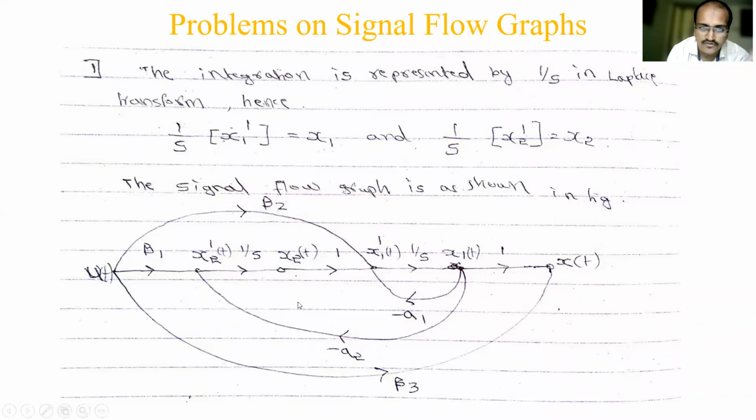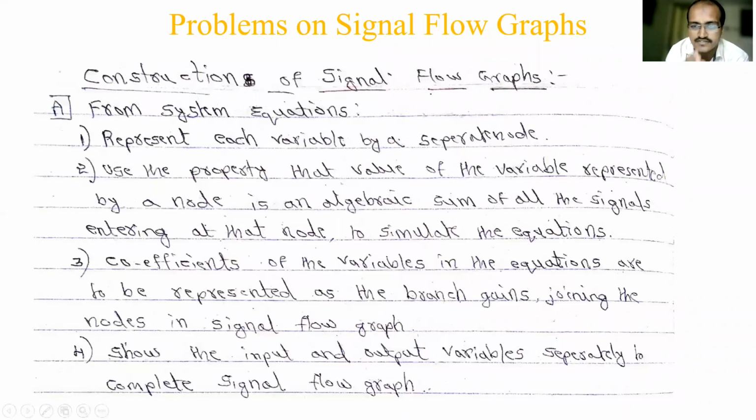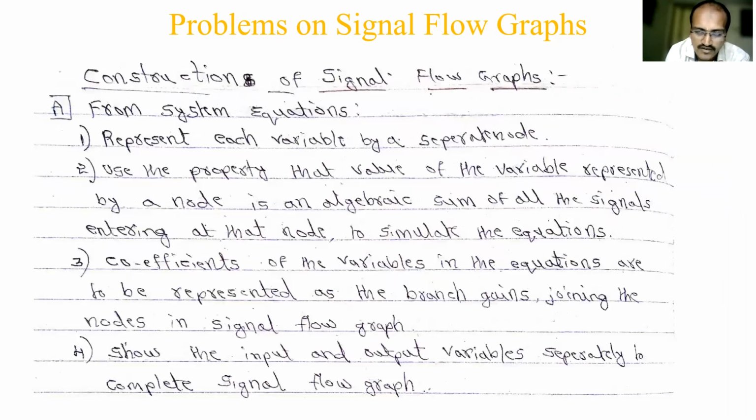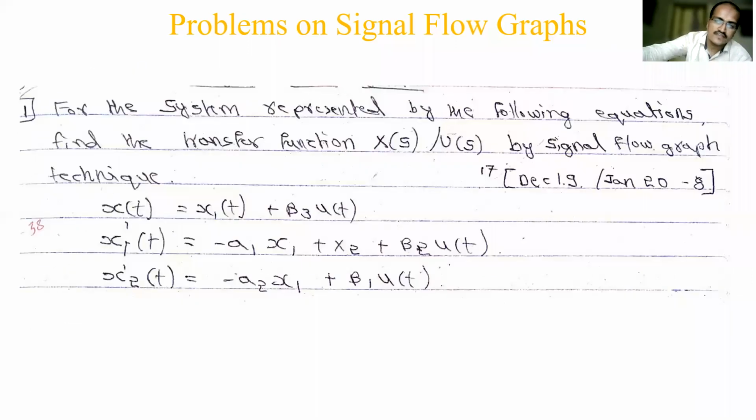But to show you this topic, I don't have multiple questions in this category. So I want to show you the construction of a signal flow graph from system equations. When I went through the university question paper, I got one question, and I tried to solve it, and that's how I have presented it here. To understand these 3 equations, you have to go through it. You could not just go with my answer, you yourself have to write it down. So go through these 4 steps and then try to write it. If you get some other signal flow graph, then we will go with that.